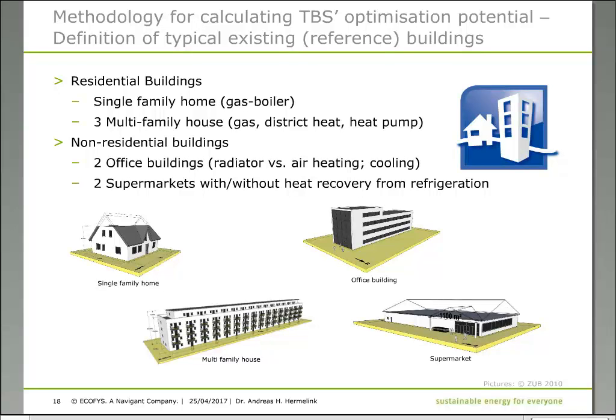So now we looked at individual buildings, because in the end, when you want to know the potential for what you can achieve with the optimization of TBS, you would like to have some numbers, kilowatt hours, how much can you save? And for this purpose, we looked at